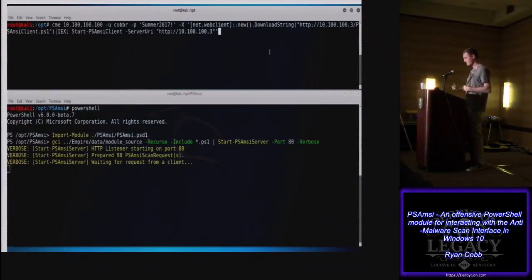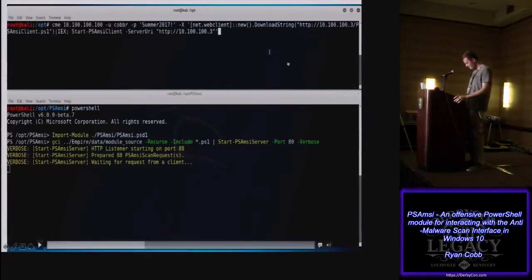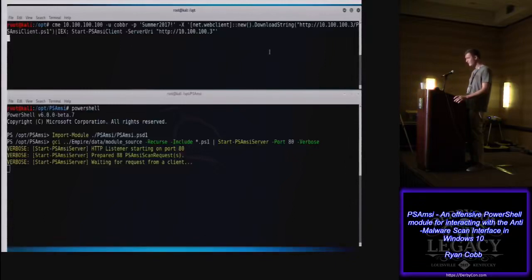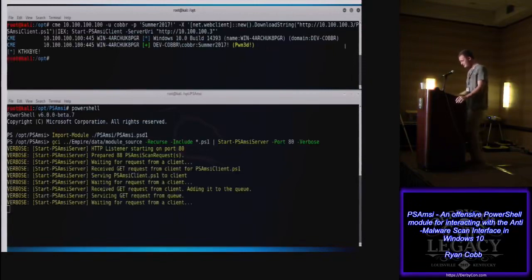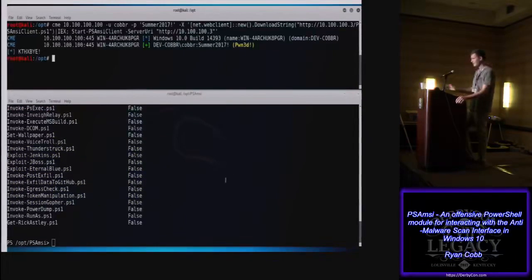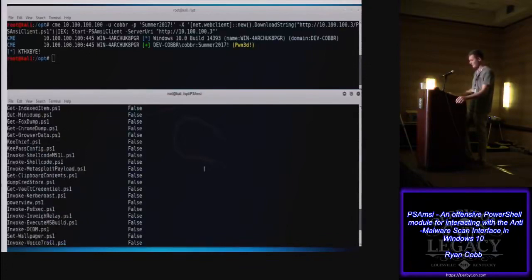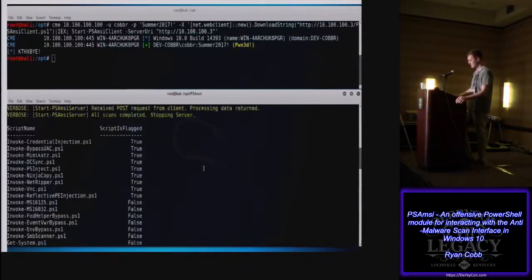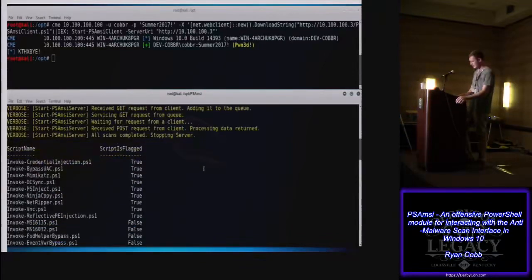And another tool I'm a big fan of is CrackMapExec, which is really good at executing code on a remote system. And you can see right here what we're going to run is just a little PowerShell download cradle that will download that client-side code. And a handy little thing about the start PSAmsi server function is it will actually serve the client-side code in addition to the PSAmsi requests, so we don't have to stand up an additional server. So you can see it connects back,